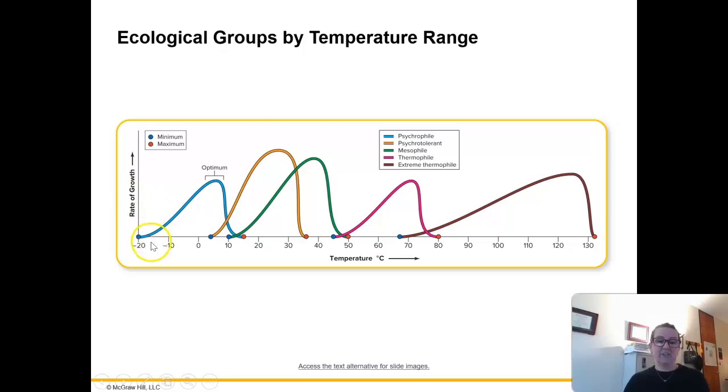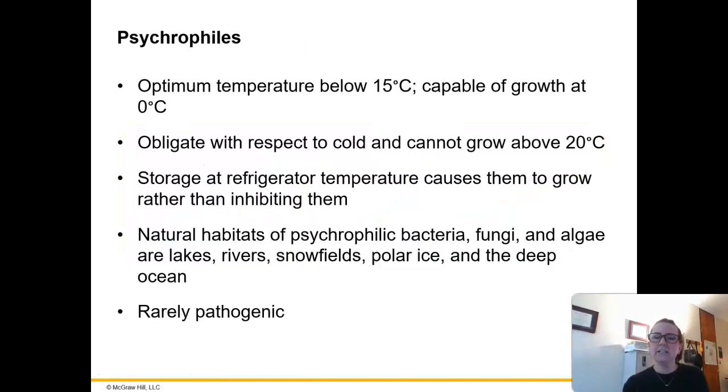Okay. Down here on the other extreme, we have psychrophiles, which really like the cold temperature. And so they can range from negative 20 to 15 degrees Celsius, but there's that optimum. So take a look at each of these, where this is showing this little plateau sort of thing, or where this curve kind of maximizes and slopes. That is the optimum temperature. So let's take a look at some of these different